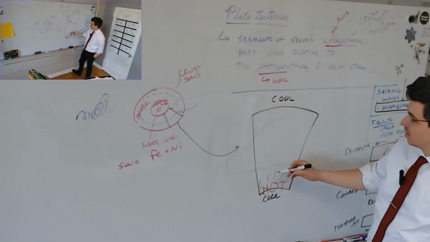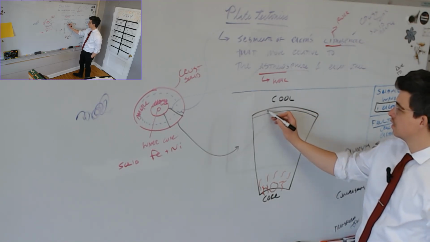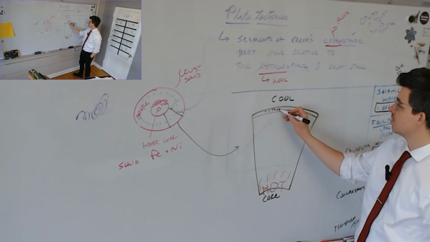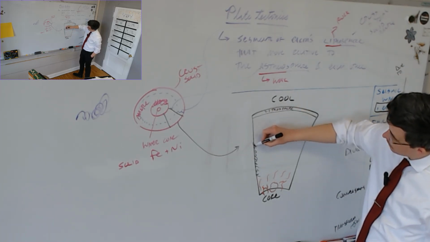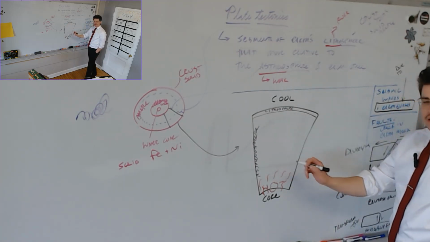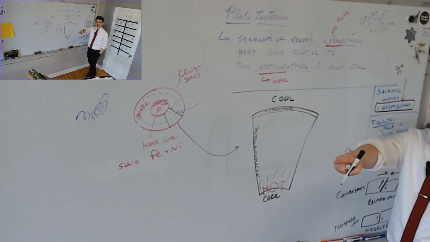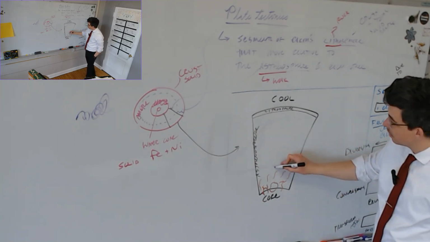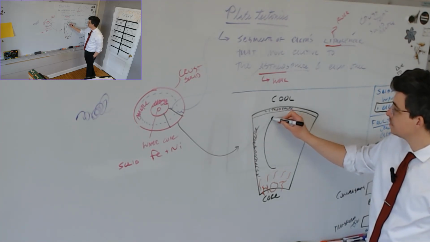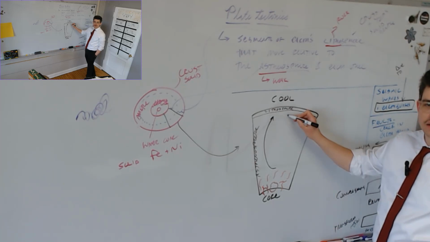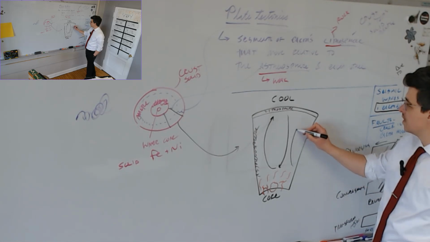But this is kind of like a pot of water boiling on a stove. Wait, what's up here? Crust. Let's call it lithosphere, but sure. And that means all this stuff is asthenosphere. So kind of like water boiling on a stove, or my lava lamp is a great example, when it gets hot down here, it gets lower in density, and it moves to the top. And then when it's up here, it gets cold again, and it gains density, and it goes to the bottom. And we have these cycles,